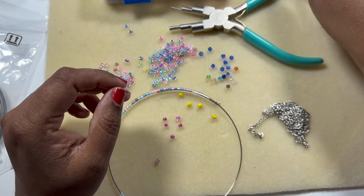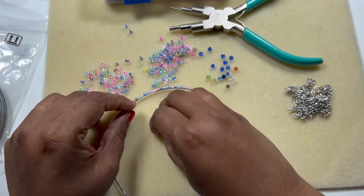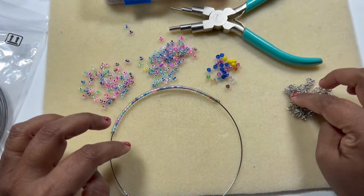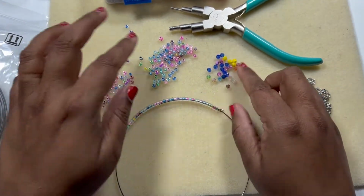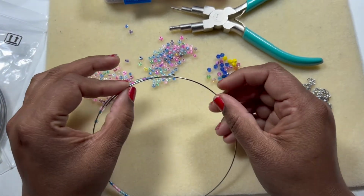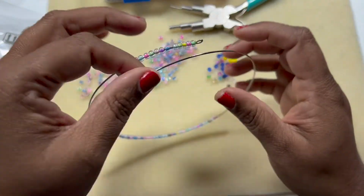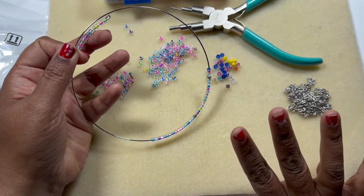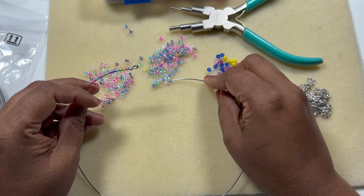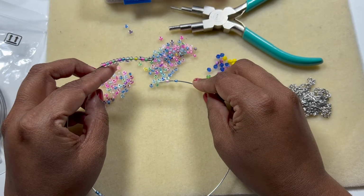This is what I'm using, and I'm also going to use some chain and some fun colors of the Bicones. And the Bicones and the chain, I'm going to use in the color combination that I have here. You can use anything you want. This is an 18 gauge memory wire. All you can do is make a loop or something at the end and put some beads inside and hang a pendant, and it is good to go. But I just want to make it a little bit more dressier than that, so that's why I'm designing this